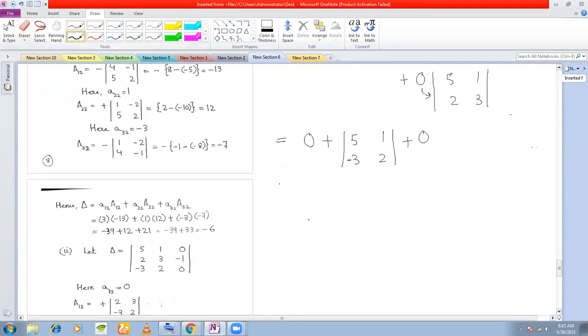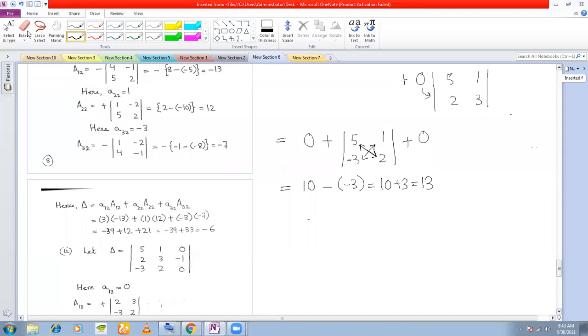You're only left with a determinant of order 2. So now, in order to find out the value, you multiply these two. You get 10, minus of, and you multiply these two. So minus 3 into 1 is minus 3. So you get 10 plus 3, which is equal to 13. Okay. Any question till this part, how to find out the value of the determinant?